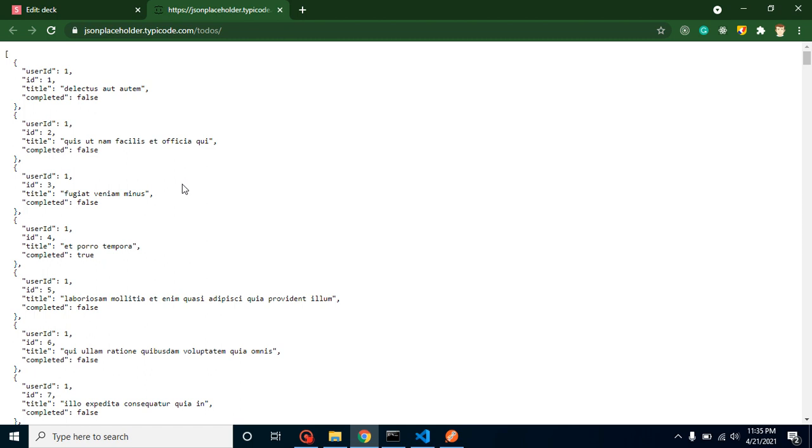So see, integration of these APIs is a little bit different on every platform, in every technology. There is a different way to integrate an API in Vue.js, a different way for Angular and React, and a different way for Android and iOS, right? Because every technology has a different developer, so they know how to integrate, and in Vue.js we will also learn that. But for testing the APIs, we have a similar tool, which is Postman.